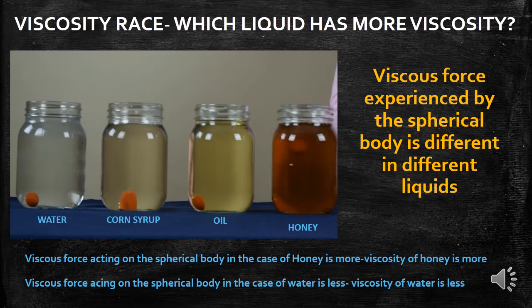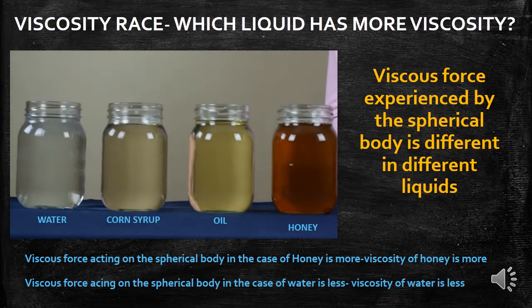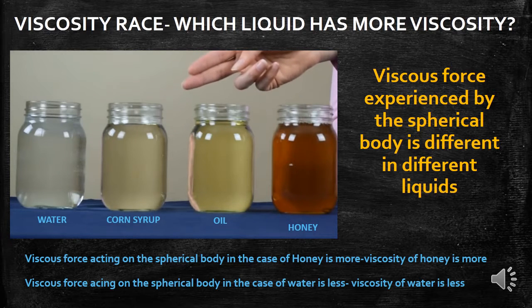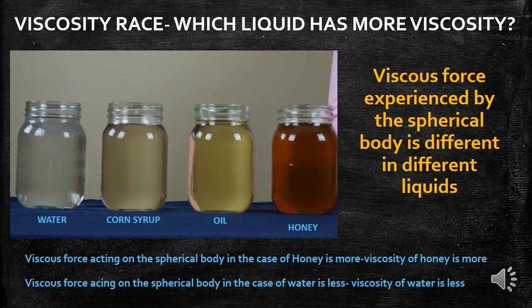It shows that when the spherical body moves through the liquids, that liquid applies a force in the upward direction. That is called viscous drag or viscous force. When any foreign body tries to move through the liquid, the liquid does not allow the body to move through it. It shows that some opposing force is acting against the gravitational force. Here, that viscous force is otherwise called frictional force. That viscous force can also be called viscous drag.